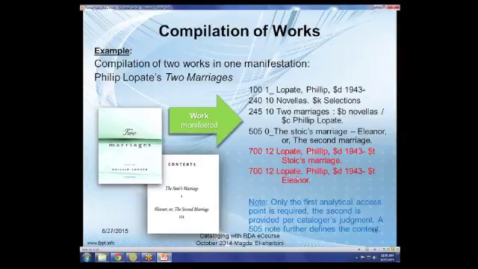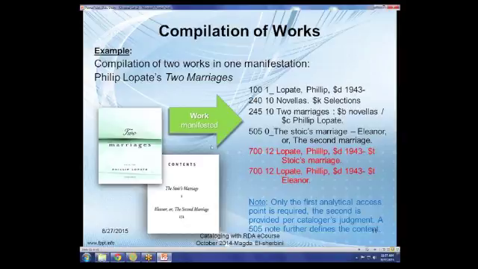Now, I am not 100% sure that it is necessary to use both the author name and the title in a situation where the resource, the manifestation, contains only works by a single author. You could, instead of using the two 700 fields, use field 740 and put only the title as it appears, since you already have the access point for the author in field 100, where it is easy to locate via search. Now, this is not wrong. It is just kind of a belt-and-suspenders approach.